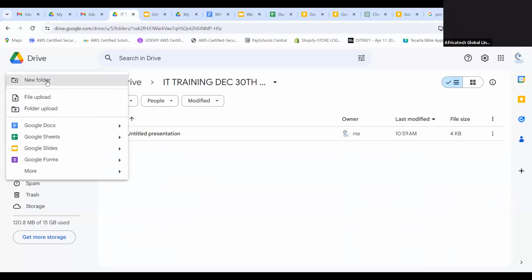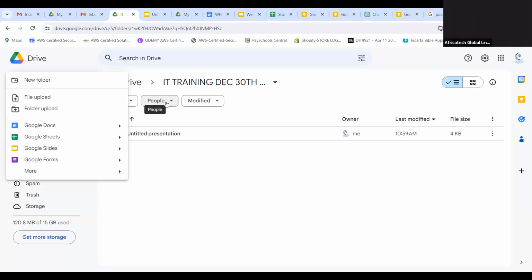So you can create as much as you want. Even in a folder, you can have another folder, just to organize your stuff. I was taking the example the other day. I went to a school. I wanted to register my son, and I have all my stuff there. When they ask for social, I have it. I have the birth certificate, everything online. I have the immunization.